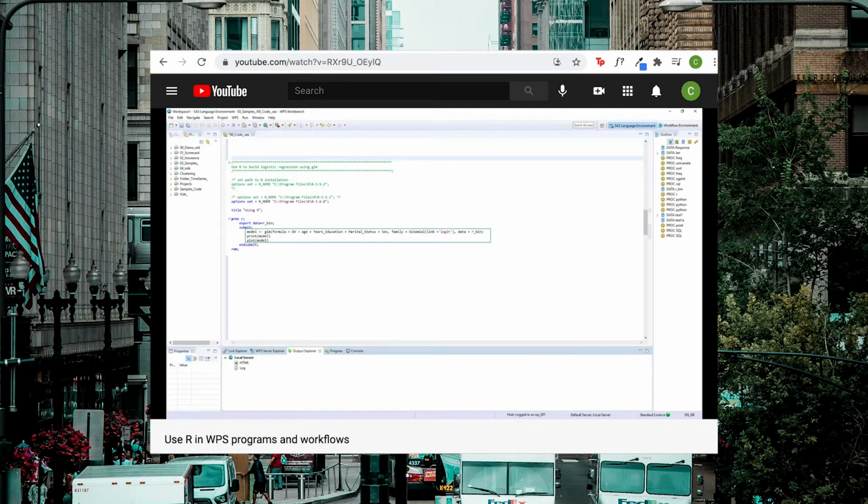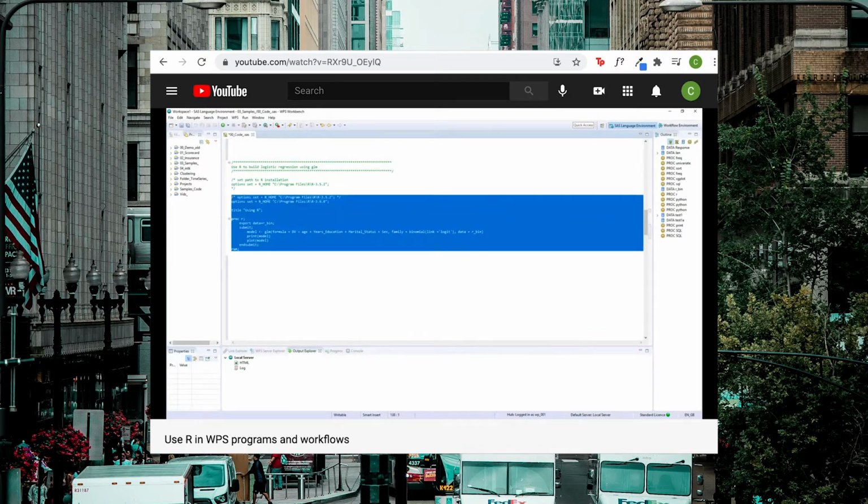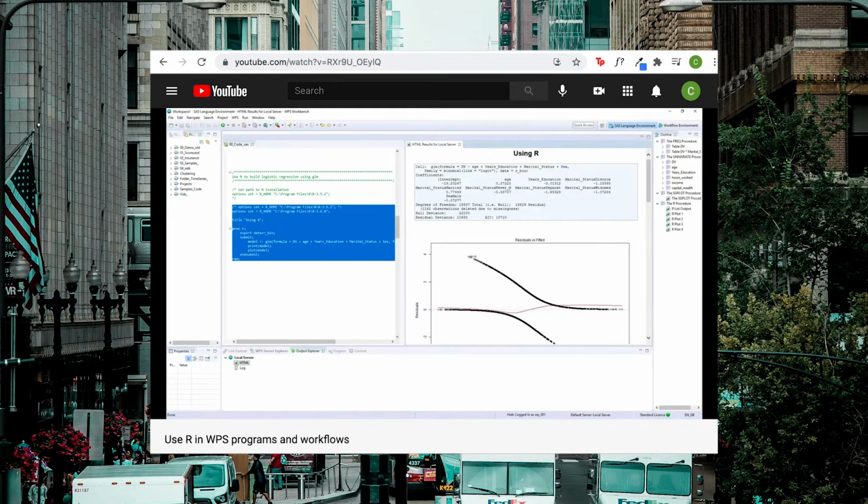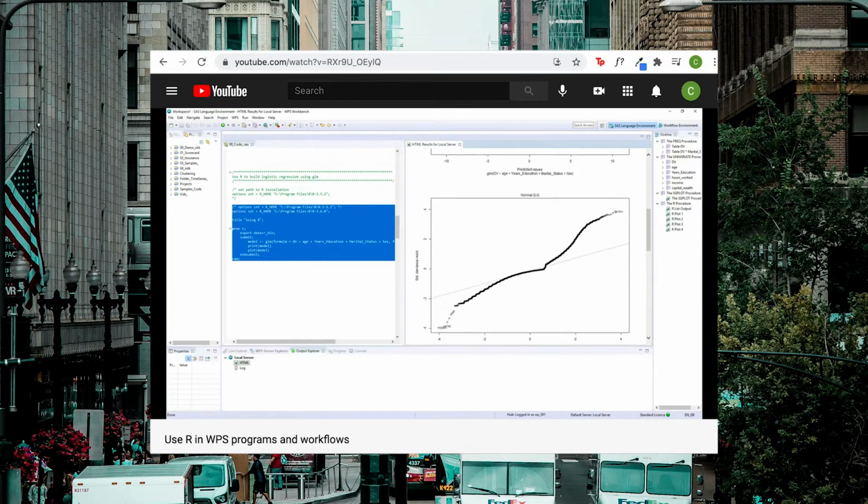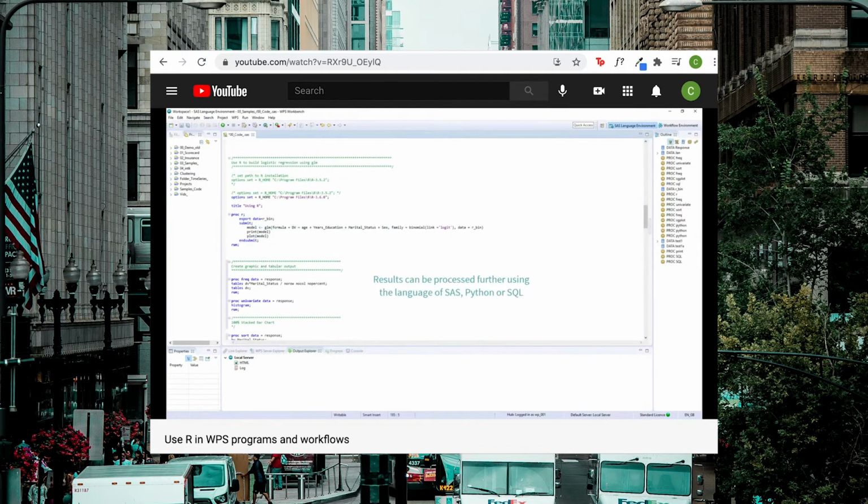I'd love to hear what you think about this, and if you've had a chance to see the WPS Community Edition or the paid edition and what you think about it. I've started to look at the WPS Community Edition and play with it, and I gotta say I'm really excited about it. I'm certain that SAS Cary and that team is hard at work with a solid response with new